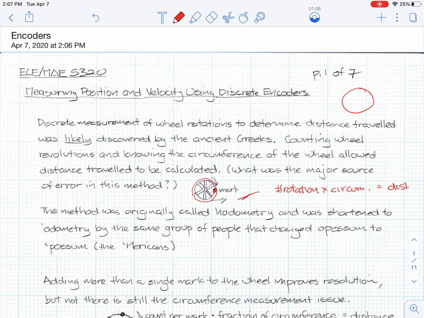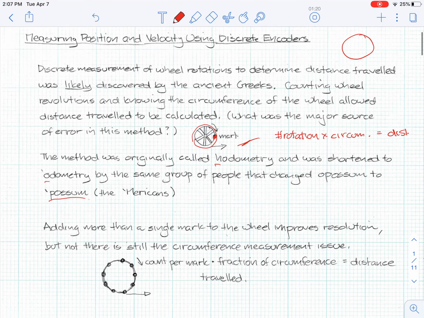This method was originally called hodometry with an H on the front, but it was shortened to odometry by the same group of people that changed opossum to possum, and those would be the Americans. Okay, so obviously, if I added